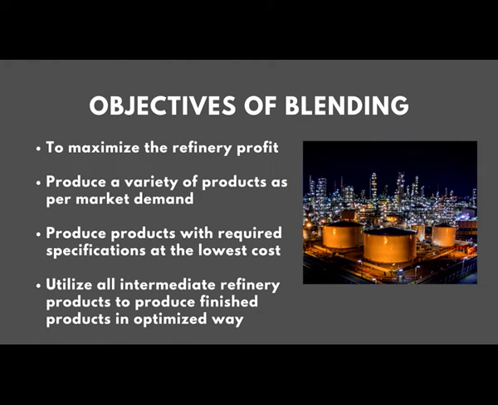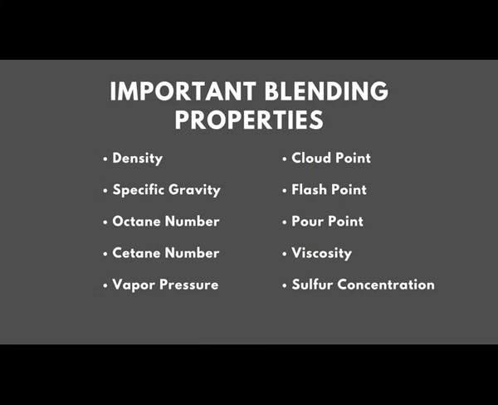The objectives of blending are to maximize the refinery profit, to produce a variety of products as per market demand, produce products with the required specifications at the lowest cost, and utilize all intermediate refinery products to produce finished products in an optimized way. Important blending properties that are considered before performing blending activities are